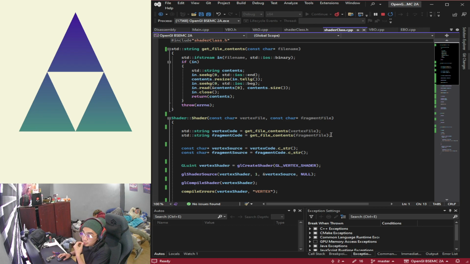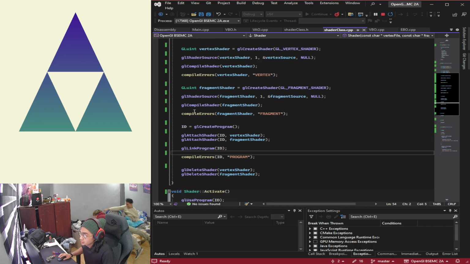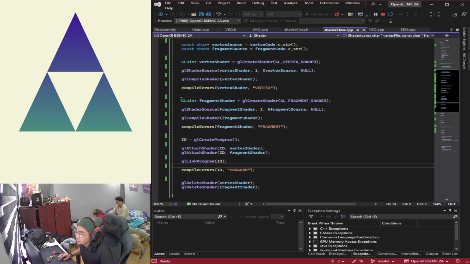Okay, and today we will be explaining the shader class in this code. In this code, the shader class is used to create OpenGL shaders. The shader class has a public member variable called ID, which is this, a GLuint, which is this, the reference ID of the shader program.